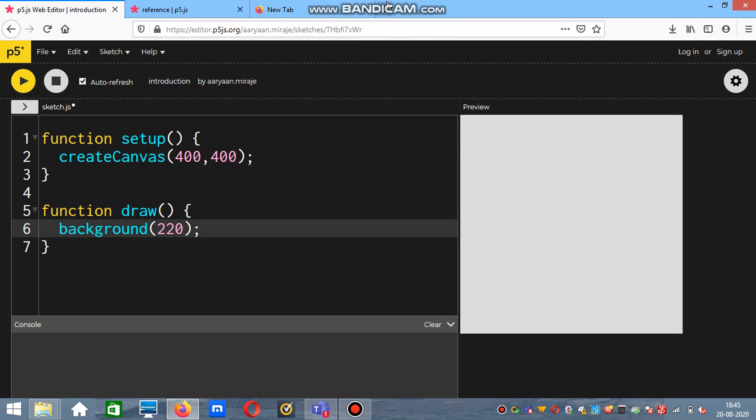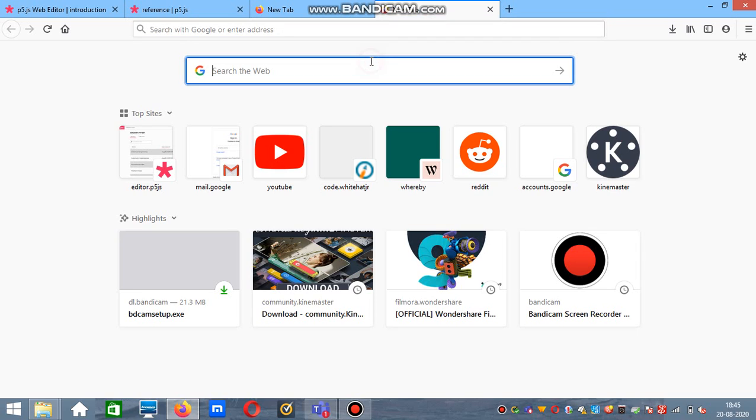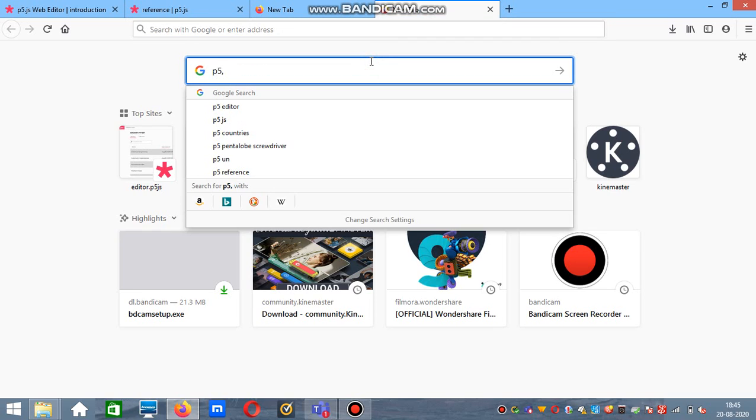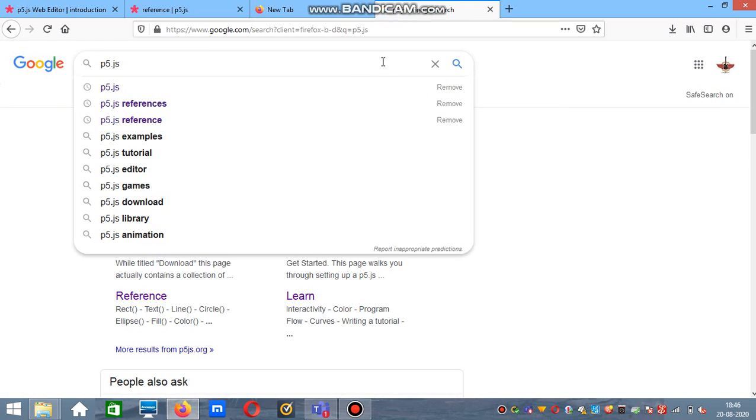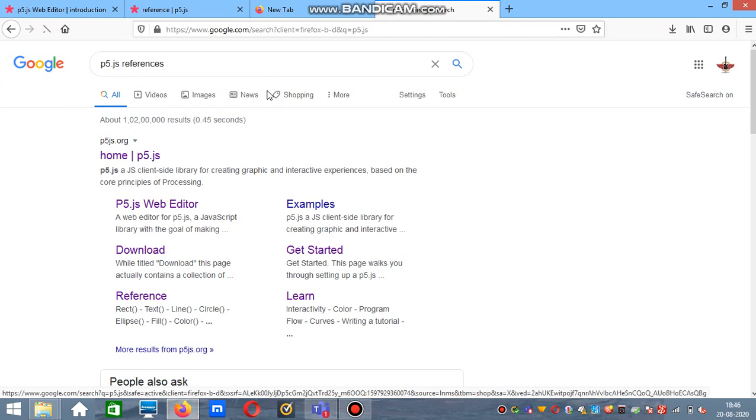You can get it in any web browser. Just search p5.js, and the first website will come up. Click on that link, and open one more tab beside it, which will be the p5.js references.